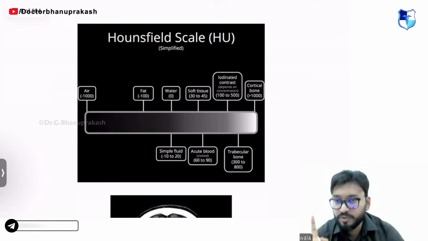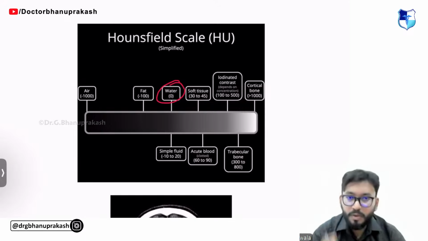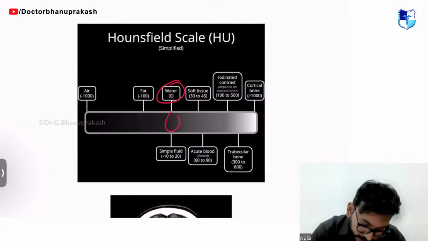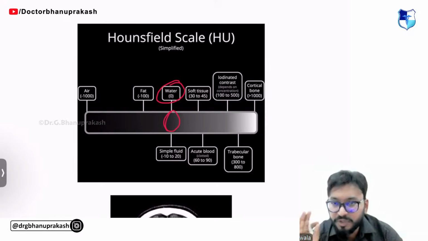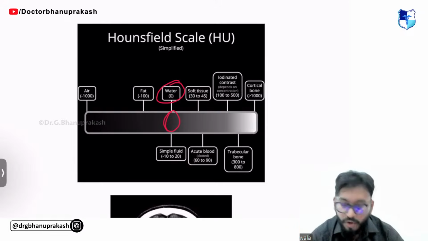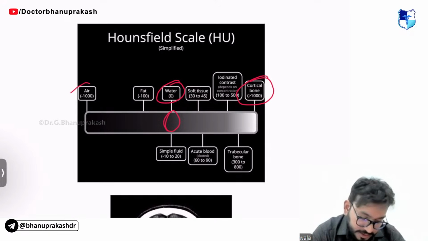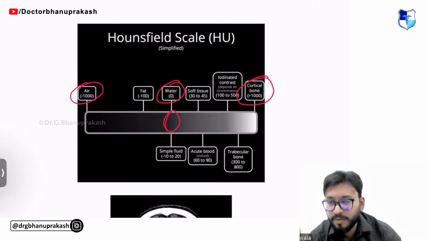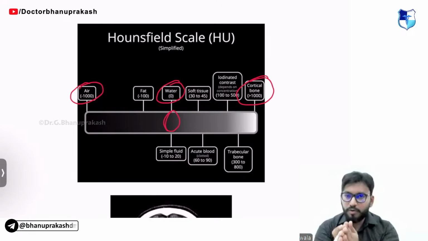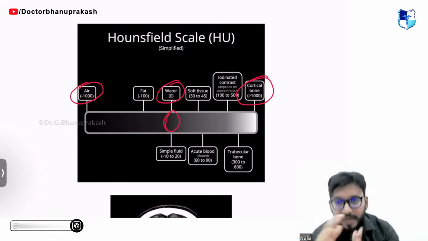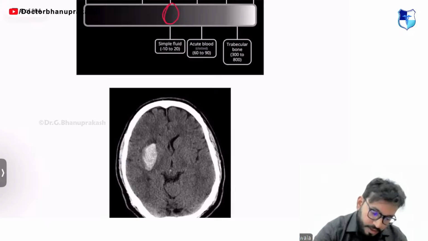Hounsfield scale. There are only a few values that you need to remember. Number one is water. Water is 0, which means it appears slightly grayish on a CT scan. Remember, Hounsfield unit is for CT scan. Water is 0. Cortical bone is plus 1000, and air is minus 1000. Just these three values you need to remember, guys. Apart from this, I don't think anyone will ask you anymore. Cortical bone, or any metal objects, is plus 1000, and air is minus 1000.